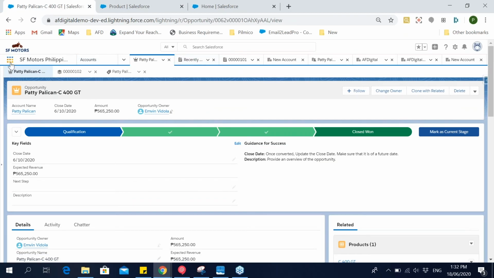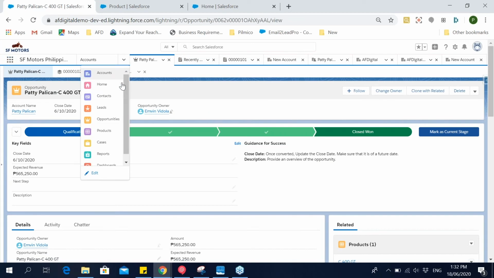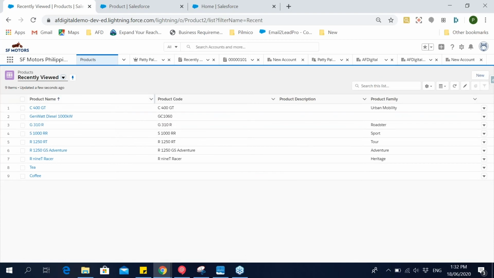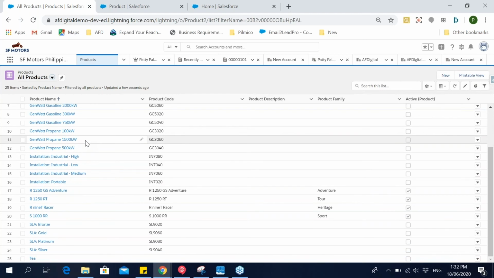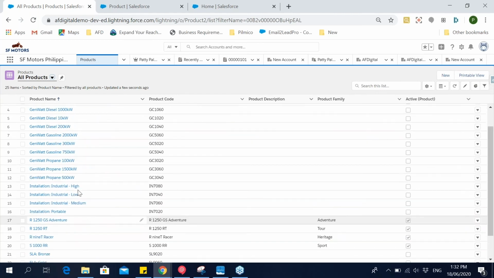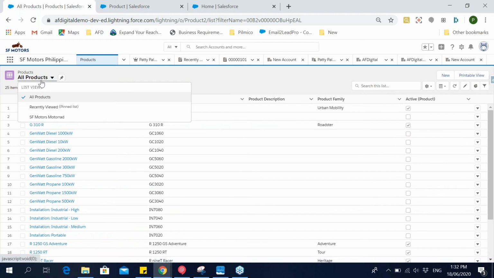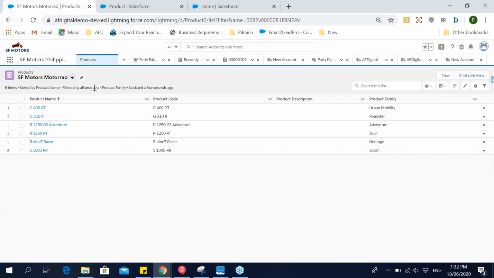So how are we creating product? Let's go with product object. Here there is an available product tab. These are all the available products that we currently have. So we can create all products here. If we are offering different services, we can add those here as well. Then if we just want to filter out what records we want to display, we can create a list view. In list view, we can filter what records we want